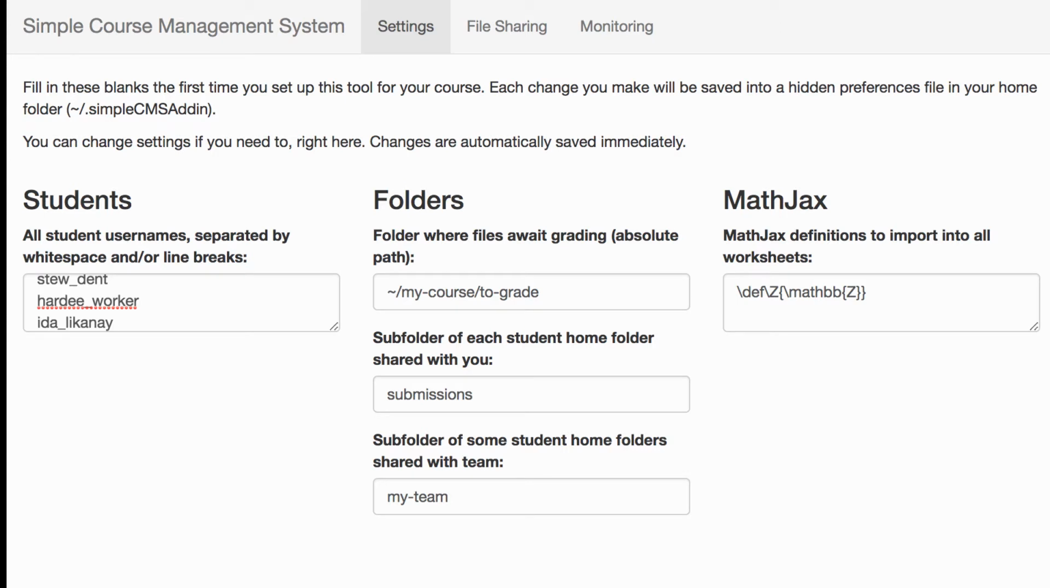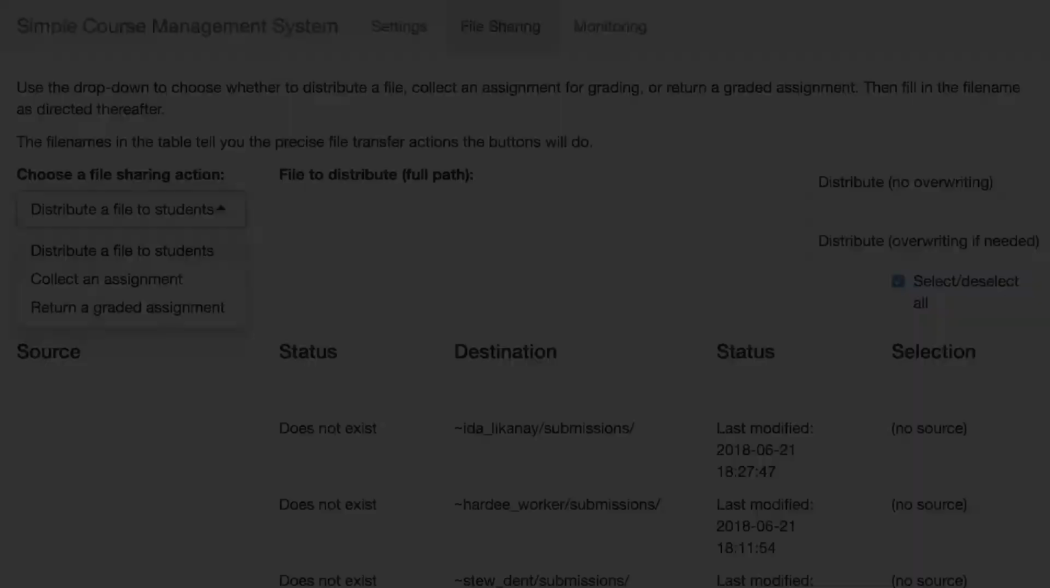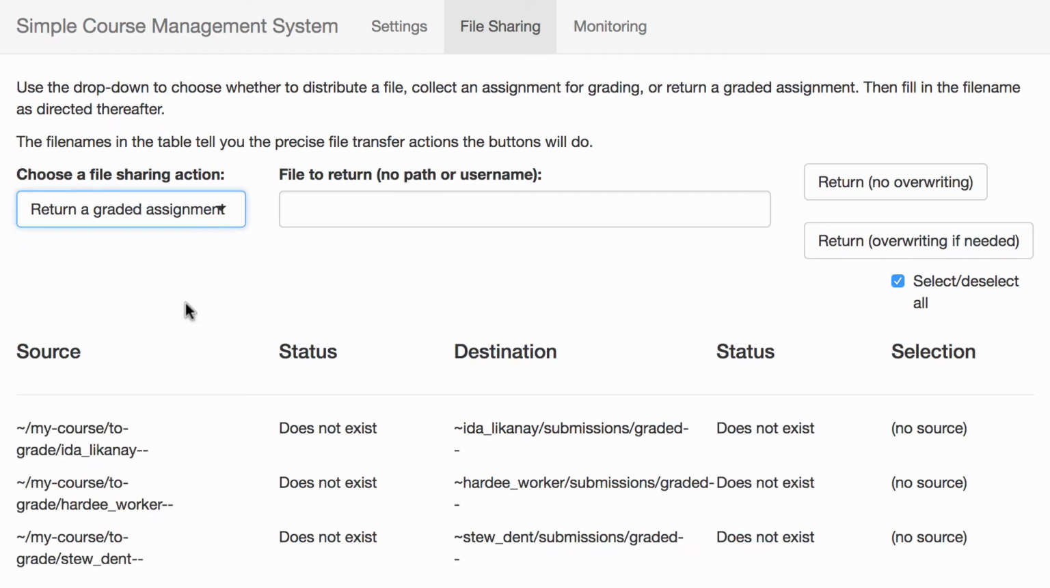The add-in is broken into 3 categories shown at the top. In this screencast, we're working with the file sharing tools. This menu is how the instructor chooses what file sharing action the add-in should take. In this screencast, we want to return some graded student work, so we choose Return a Graded Assignment from that